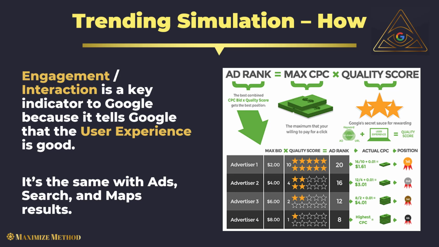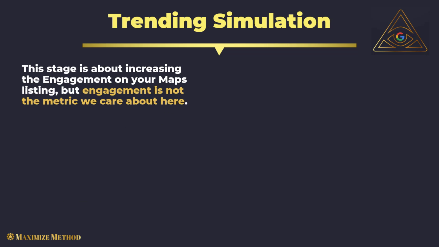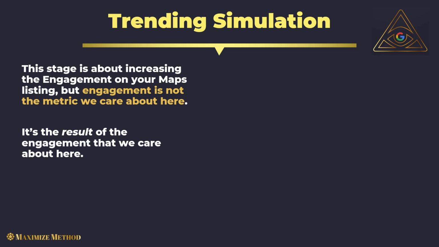So with this trending simulation process, we'll be able to mimic that sort of spike in interactions and in engagement, like in the news example I just gave, without needing to be featured in the news. So it's pretty good. So while this stage is about increasing the engagement on your Maps listing, we're not really concerned about the